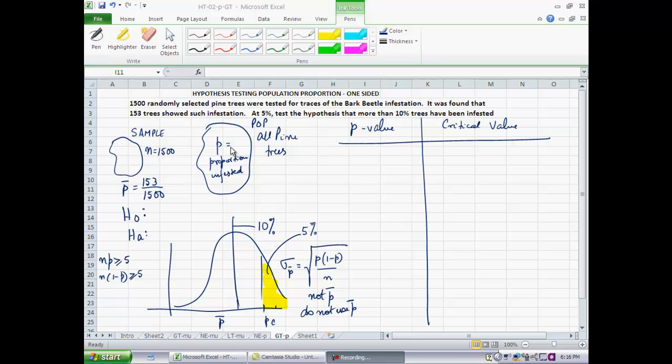The suspicion that we have is that more than 10% of trees have been infested. So if that suspicion is confirmed, we would like that to be as a result of the rejection of the null. So of course then I would make my alternate hypothesis be